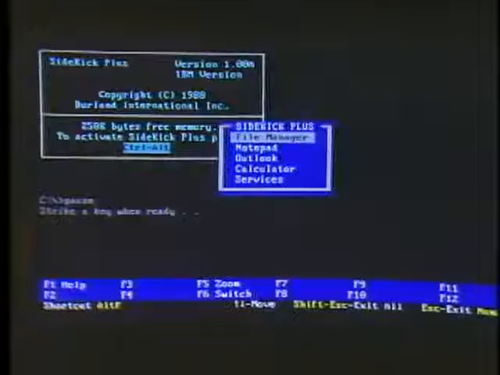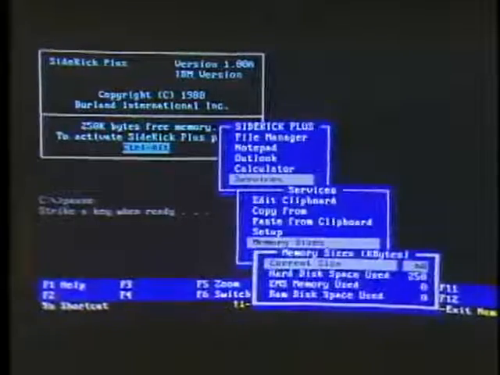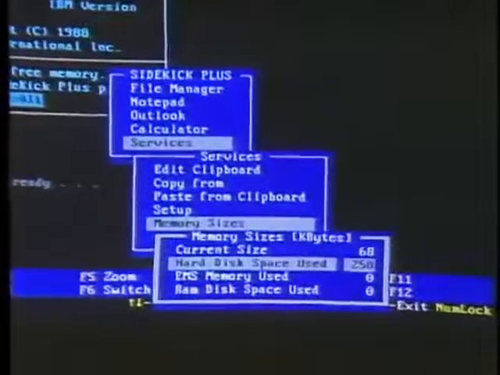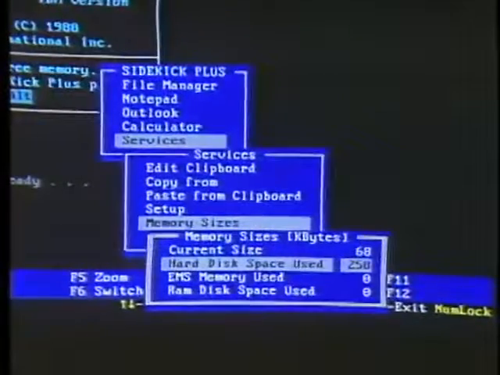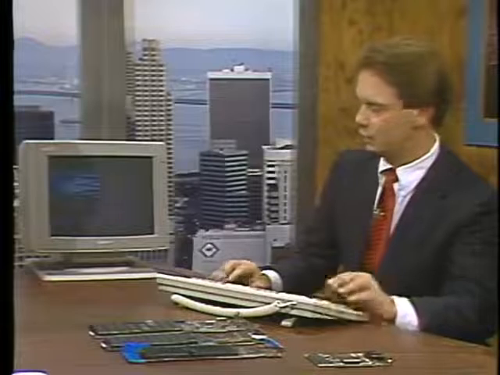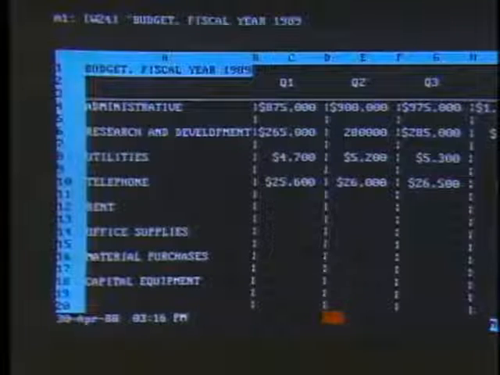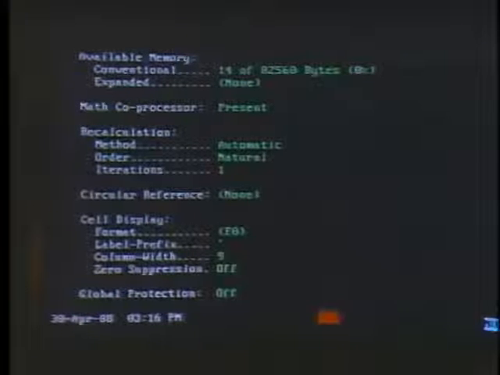And when you bring in the system memory size from Sidekick, you'll notice that it's showing 258K of hard disk space being used as virtual memory because there is no expanded memory available. So that takes a while for it to come in. Now we're going to load up 1, 2, 3, and we're going to work on our budget. Now, we have a RAM disk in there for overlays for files. We have our RAM resident utility Sidekick Plus, and what we have now is an error. There's just not enough memory left in the machine. And indeed, when you do worksheet status, you see that there's a total of 14 bytes left,